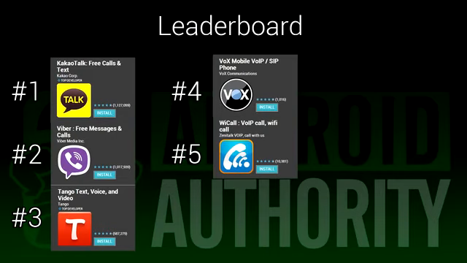If you take a look at our leaderboard, you can see how these apps stack up against one another. Keep in mind that this is not our personal rating system, it's how you, the people, have rated them in the Google